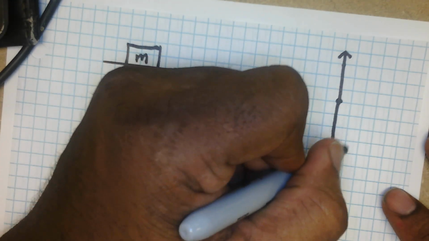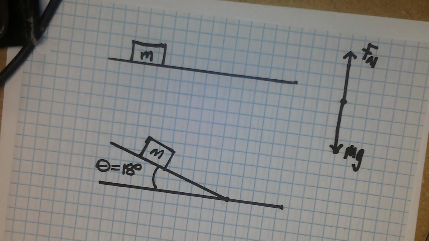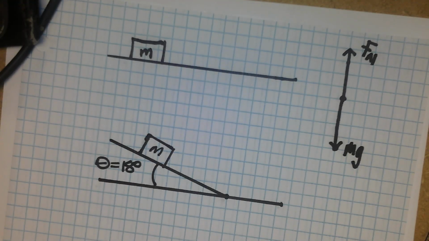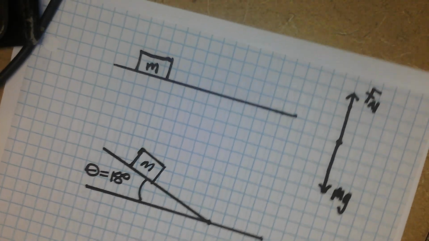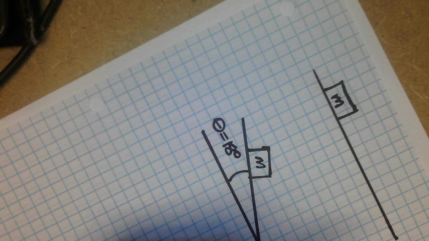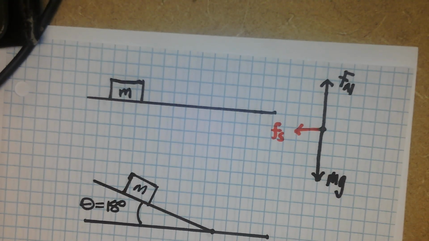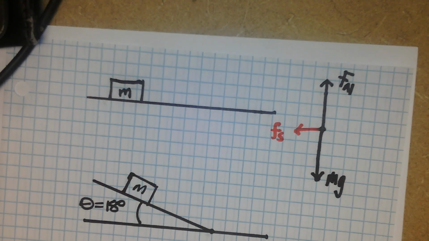Now this is mg and this is Fn. Now we notice that mg and Fn are equal and opposite. There's also another force. We'll put it right here. This is my static friction. Okay, that's what's keeping that mass in place,